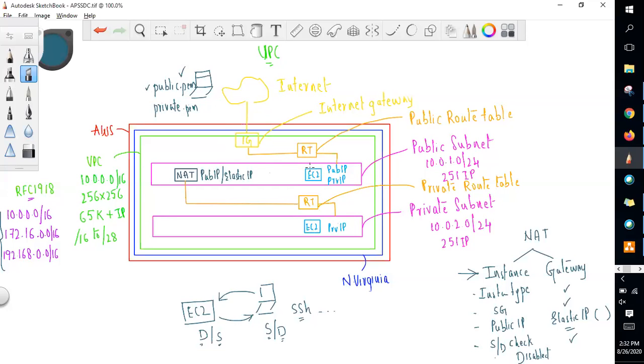But because these EC2 instances are in the same network, they can communicate with each other with just the help of private IP. So what I would do, I would connect from this EC2 instance, and in order to connect from the public instance to private instance, I need the private instance's PEM file in the public instance. But my PEM file or the key pair of this instance is in the local PC. So what I would do, I give permissions to this EC2 instance so that I can copy from my local PC to this EC2 instance, and from this EC2 instance or from the public instance, I'll connect to the private instance.